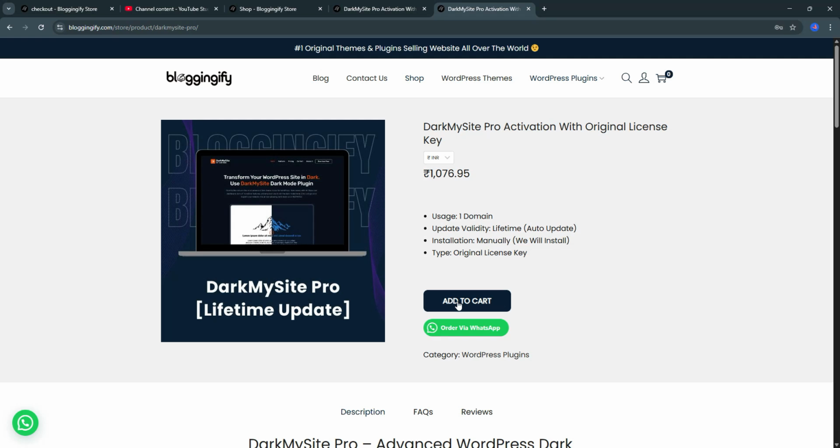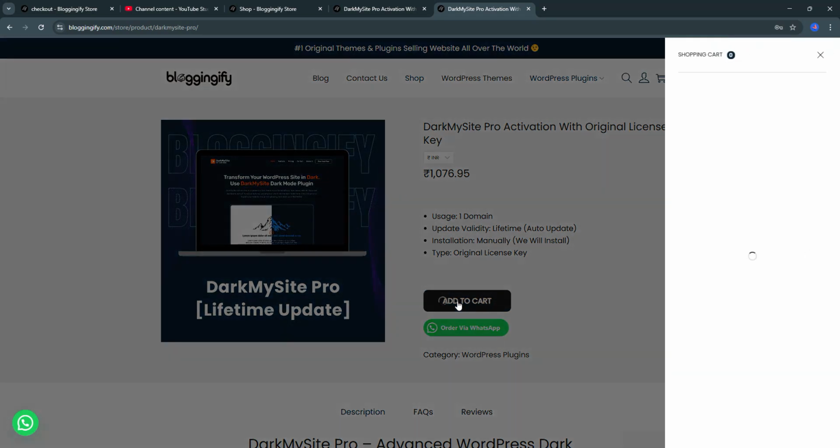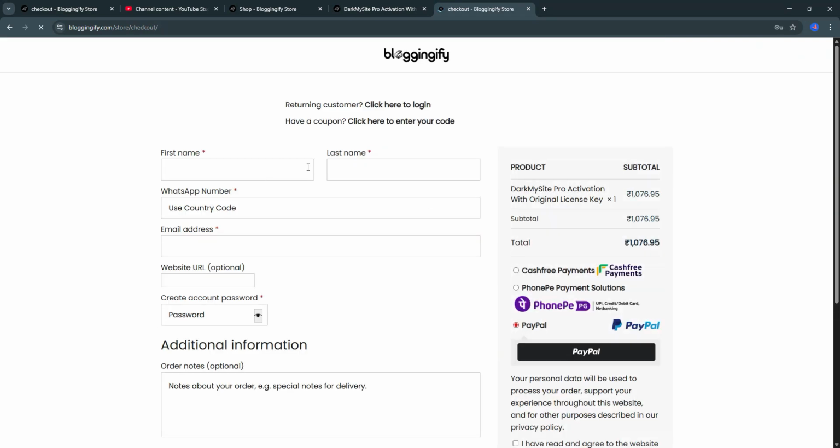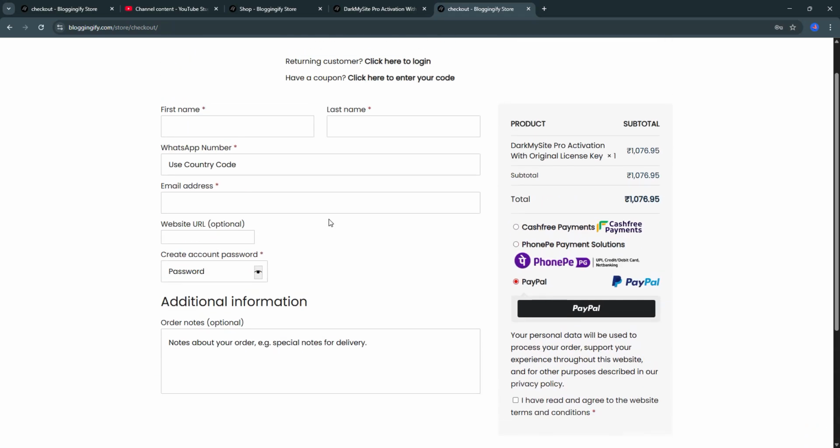If you want to purchase this one, just click on the add to cart button. Now click on the checkout button. After that you have to fill in your billing information: your first name, your last name, your WhatsApp number with country code, your email address for the billing, and create an account password for the Bloggingify store, and select your payment method according to your country